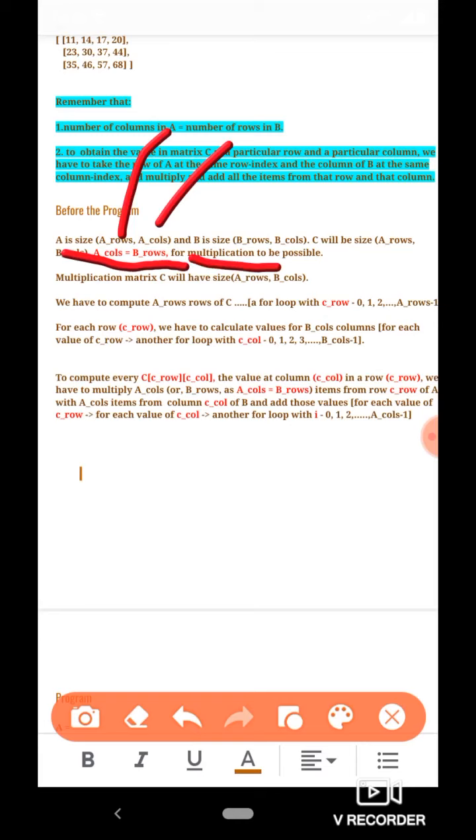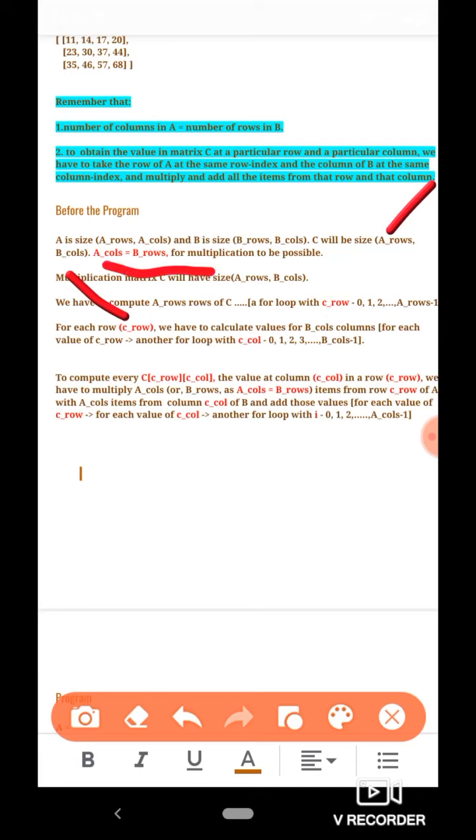Similarly, the size of B is B rows comma B columns. That means the variable B rows represents the number of rows in B and B columns represents the number of columns in B. And the multiplication matrix C will be of size A rows by B columns. This is important: as we said earlier, matrix C will have as many rows as matrix A has, and as many columns as matrix B has.